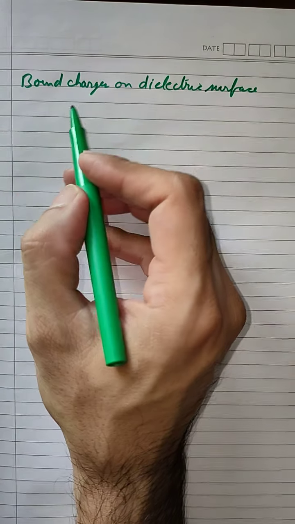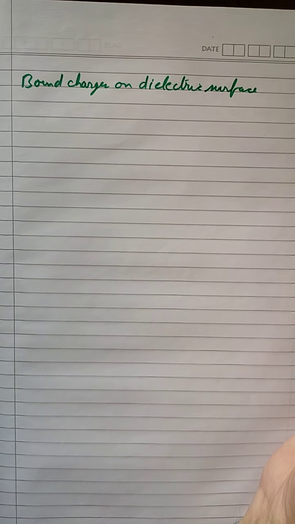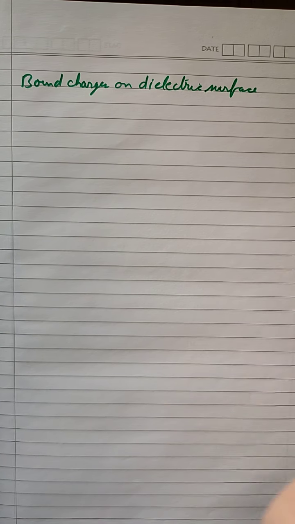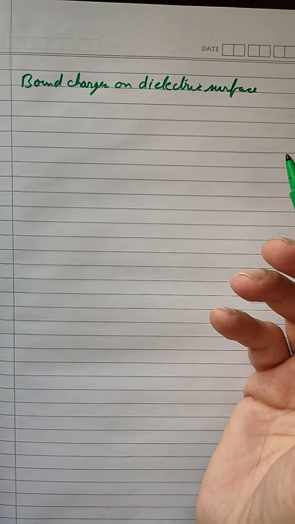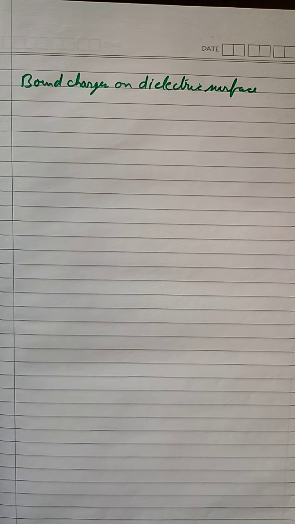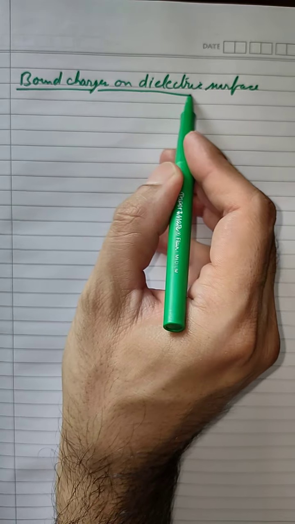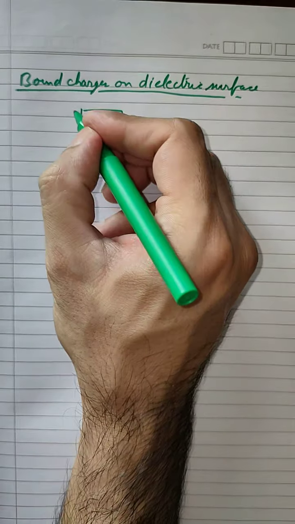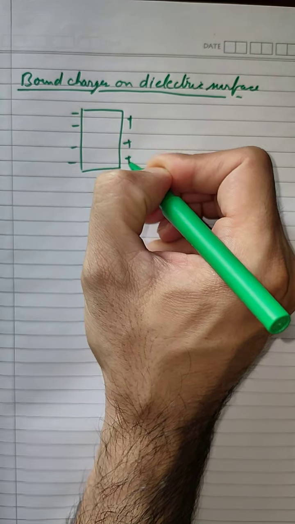Now we have already studied that in the presence of an electric field, the dielectric develops a negative and positive charge on the surface. Since these charges cannot move because they are on a dielectric, and it is not the property of an insulator or dielectric to allow flow of charge, such charges are called bound charges.